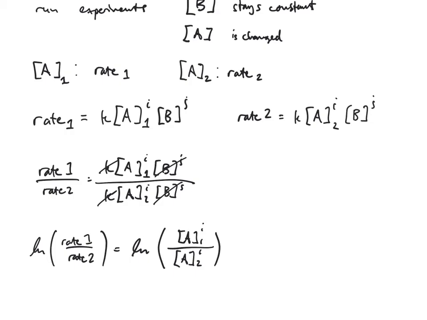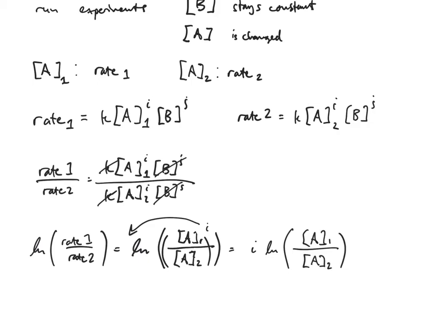But we can just pull that i out to another parenthesis on the outside. So let me delete those little i's. Oops, I erased a little too much there. Then we get this i out here like this. But then we know from the rules of logs that we can just pull that i out to the front. So we get i log concentration of A in the first experiment, concentration of A in the second experiment, and